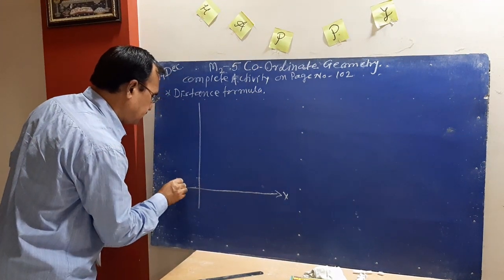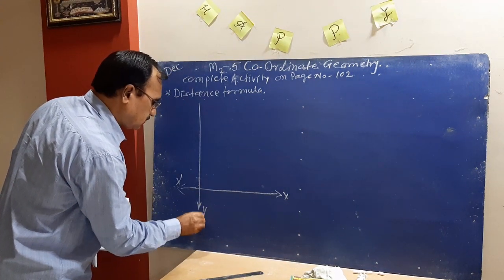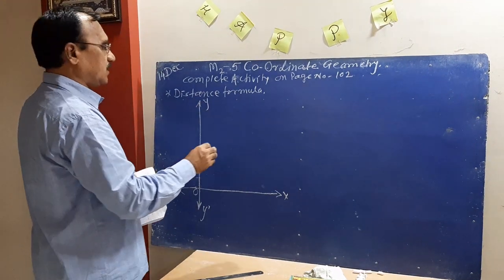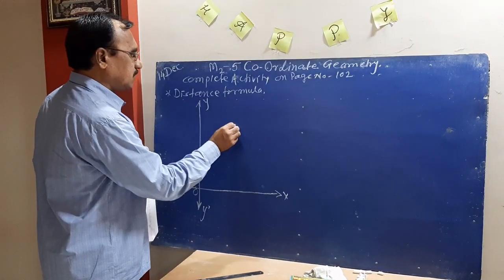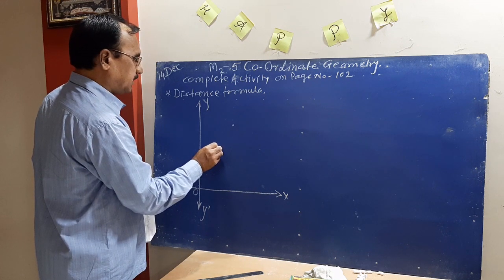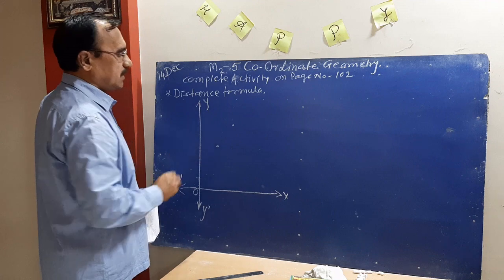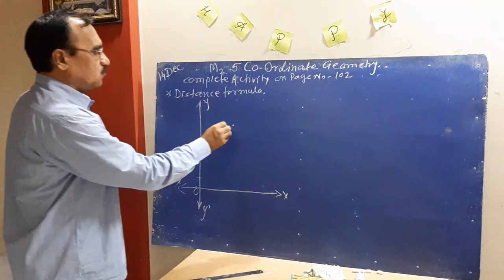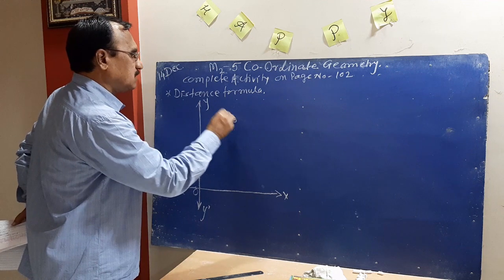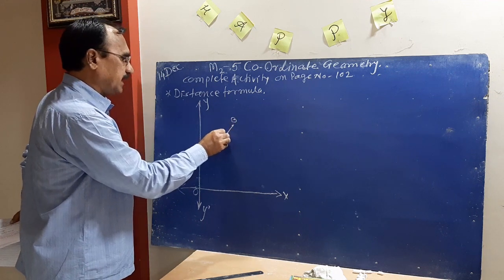This is the x axis. This is the y axis. Origin. And take any 2 points. Take any 2 points in the first quadrant, and we have to find the distance between points A and B, or the length of